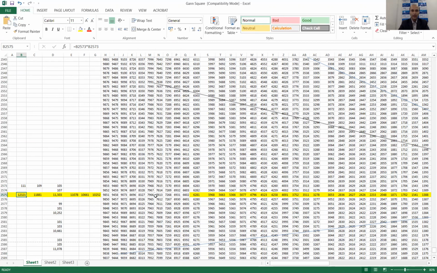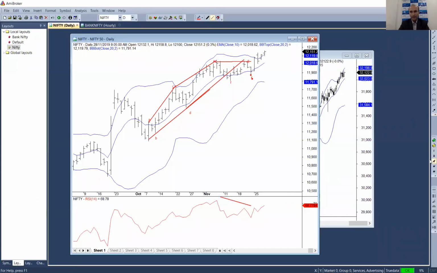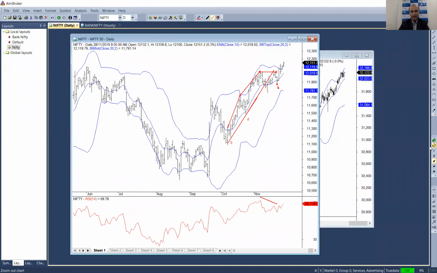So that is how I use the Gann square of 9, and keep looking at these levels. These are very important levels that you will see on the chart. So let us go back and try and mark these levels on the chart. Look at it, 10,661. Let me share my screen again so that you can see it on the chart. Okay, here. Let me just zoom out and check. 10,661, where was that level? So this 661 was here.